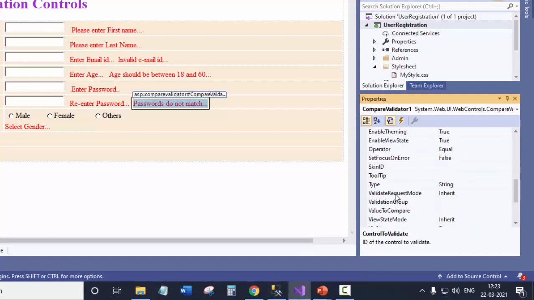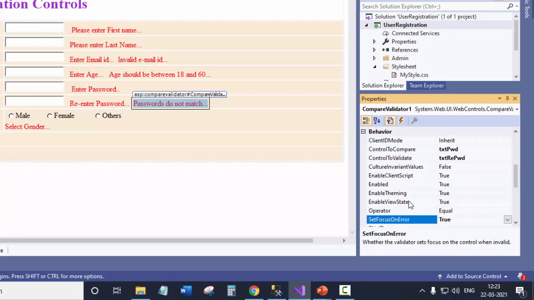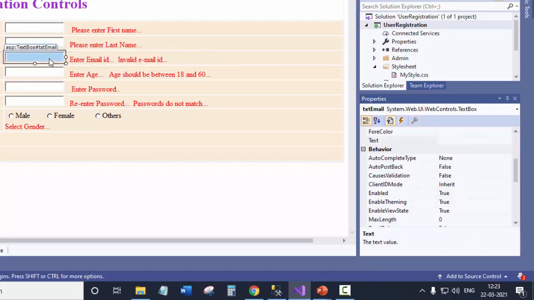These are the two fields here. Again you can place the set focus on error. So this is how we can have more than one validation control applied to any ASP control that we are using.